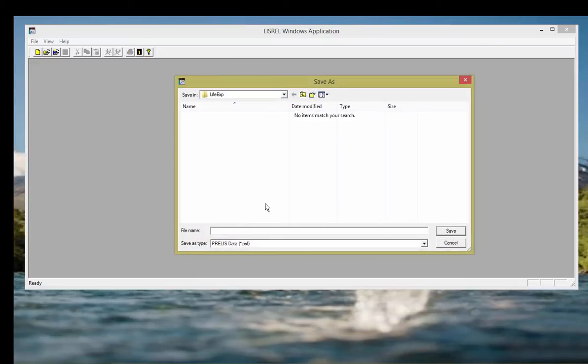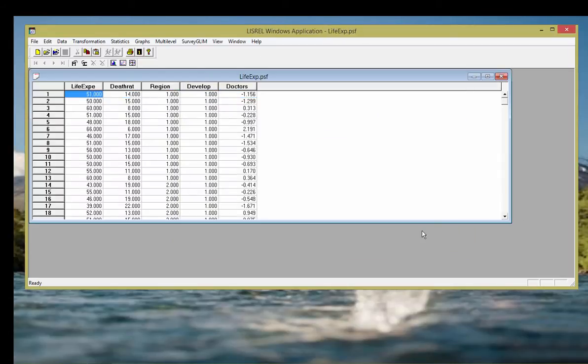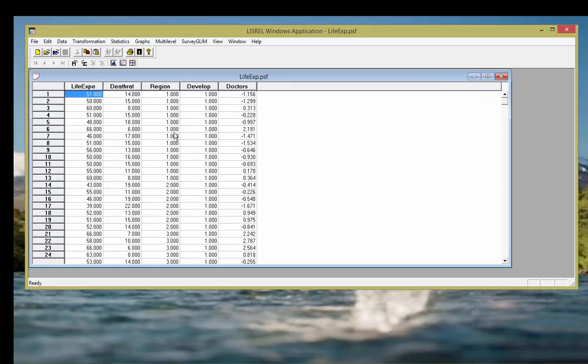And then we have a box that wants us to name that file. So we're going to call it life exp. And what this does is it creates a PRELIS data file. And so we'll save that. And notice now we have the PRELIS data file that is in Lisrel format, that Lisrel can use now